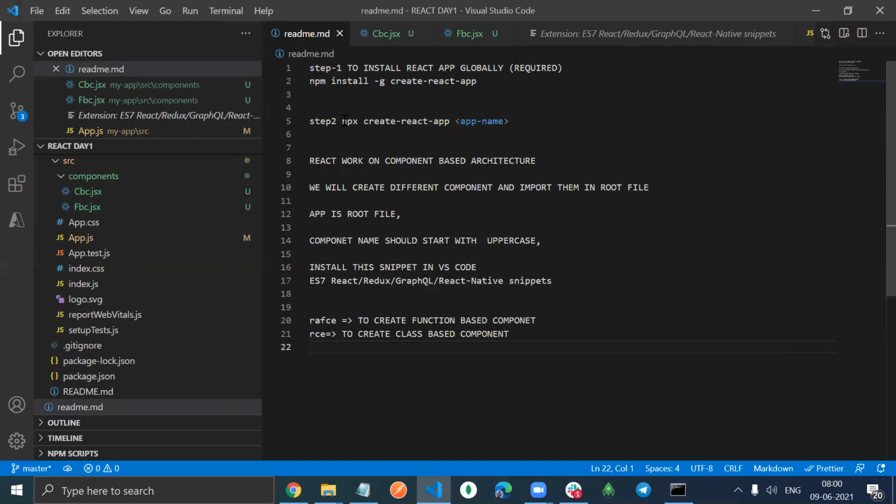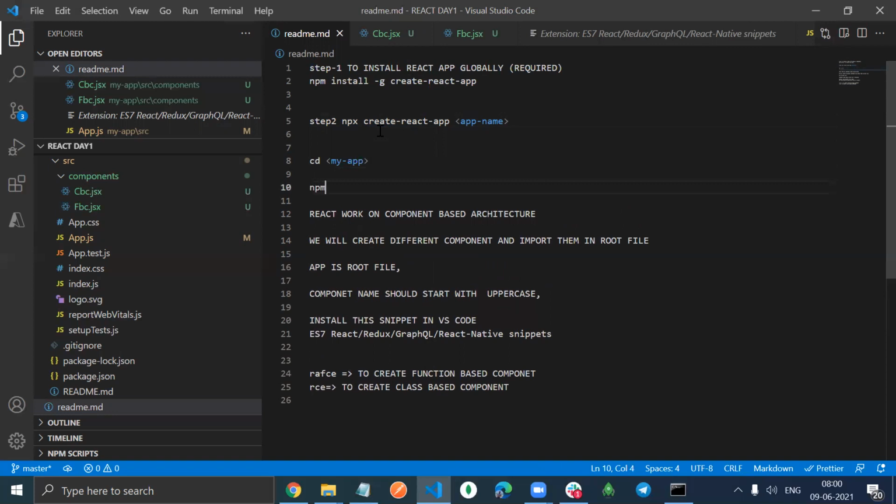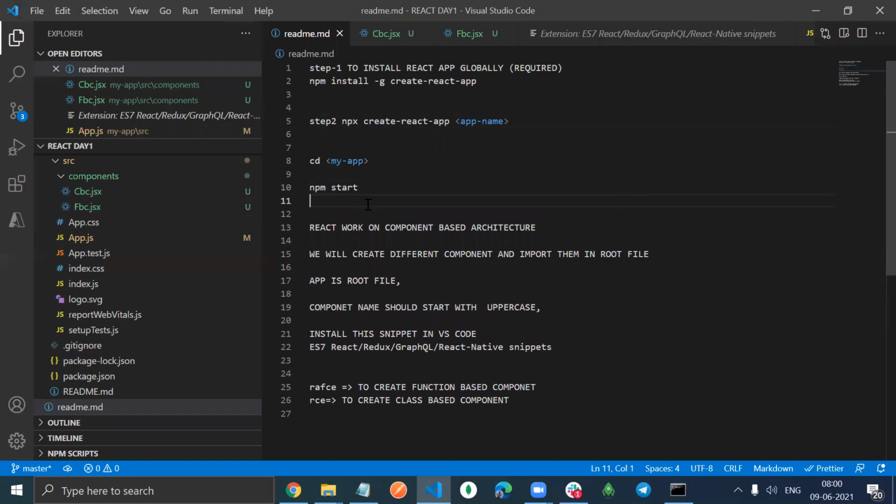Type npx create-react-app followed by the app name. You can write anything, my app, my project, anything you want. Then cd my app, and then npm start. Follow this npm start command.